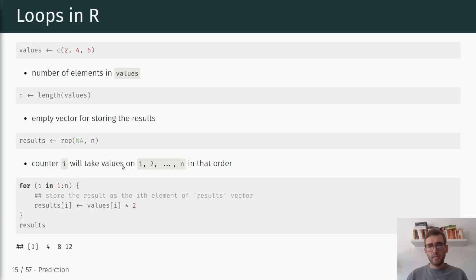And now we start the loop with this counter i that now takes values from 1 through n in that specific order. n, of course, is 3 because it's the length of values. So we have our counter i, we start a for loop. Our counter i will now in each iteration take a value 1, 2, and up to 3. And then for each iteration, where i is either equal to 1, 2, or 3, it will execute this code that we see here, which is we